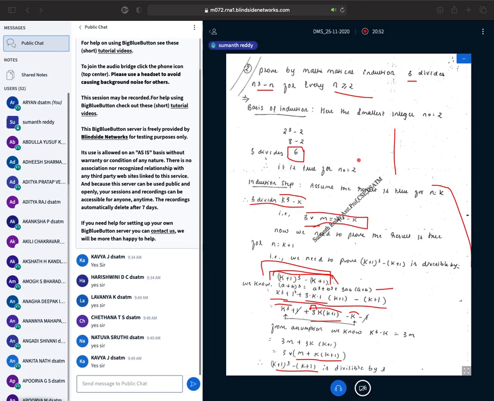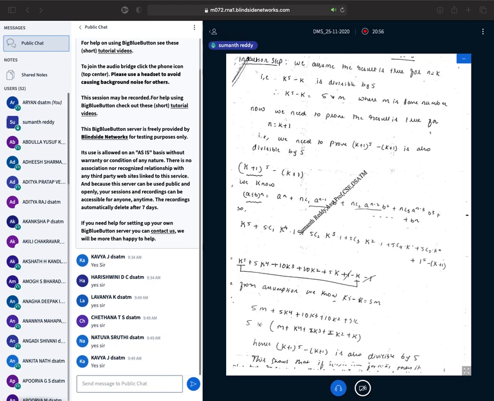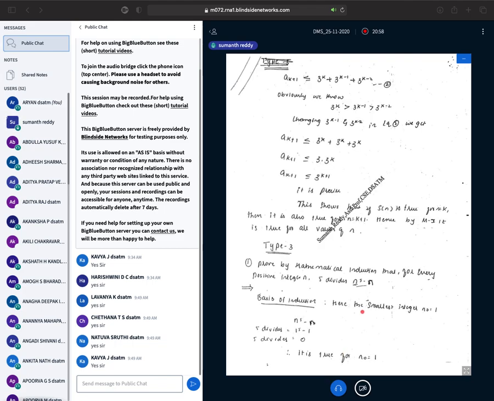If this problem is clear for you, I think the first problem you can also clearly understand. Now observe the first problem. This problem is similar to the previous problem that we have seen. This time we need to prove that 5 divides n to the power of 5 minus n, for all values of n greater than or equal to 1.